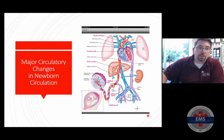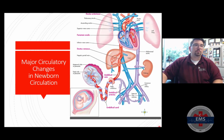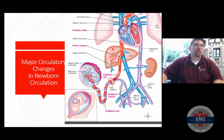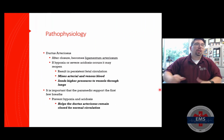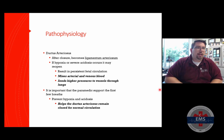So hopefully that makes a little bit more sense as we look into that. Again, just another way of looking at it here. Again, ductus venosus, foramen ovale, and then the ductus arteriosus. So the ductus arteriosus after closure becomes the ligamentum arteriosum. These always remind me of Harry Potter spells. But it does become the ligamentum arteriosum, which is going to support those major components of arteries, like your aortic